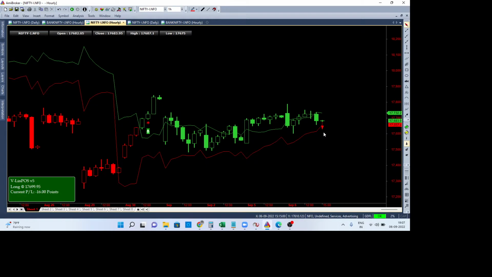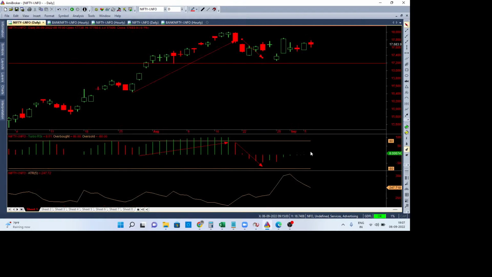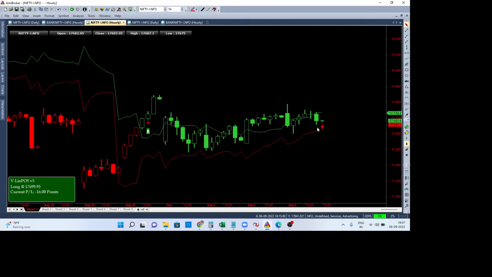There are two sentiments, as I said, and I'll be looking into that primarily from an indicator perspective. From an indicator perspective, daily sentiment, I'll be looking into that. Indicators are positive. Hourly is also maintaining positive, but it is on the verge of turning negative. So when it could turn negative, if at all we are seeing sustained price action down below 17,650 kind of levels, maybe it could lead to some sort of temporary selling pressure in the markets.